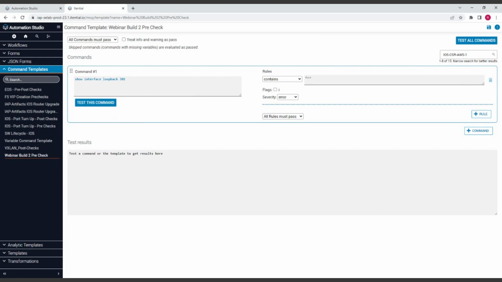Now, here's the interesting thing. What is the state of the device and interface loopback 301 based off of what I did in the last session? Well, it should exist, but since this is my lab environment, maybe somebody deleted it, maybe it got reset. Don't know. This is precisely why we have pre-checks. So the idea here is, before I make a change to loopback 301,